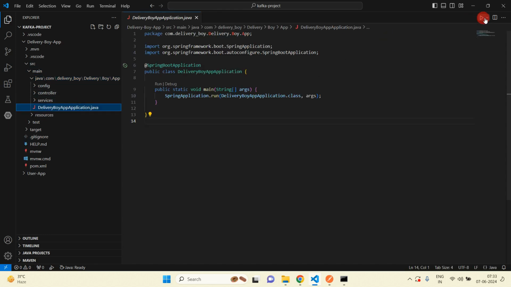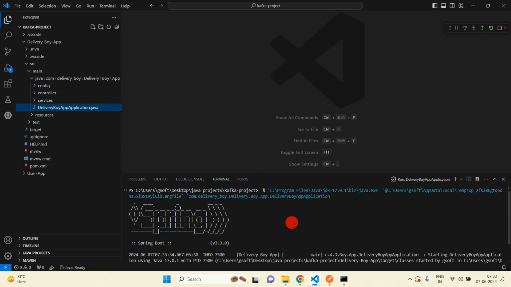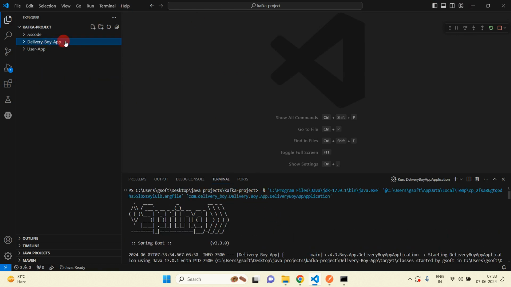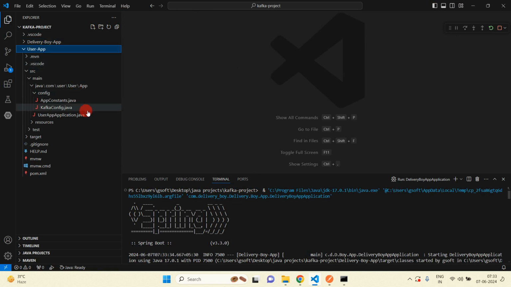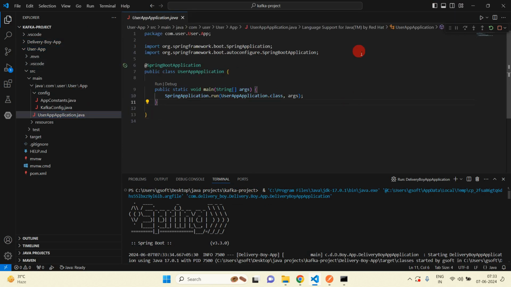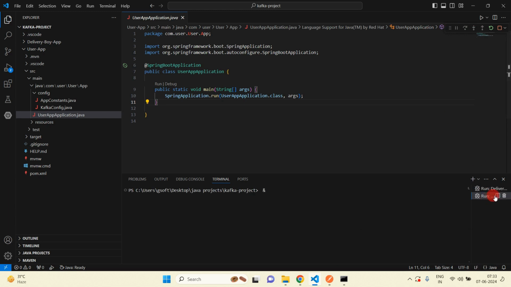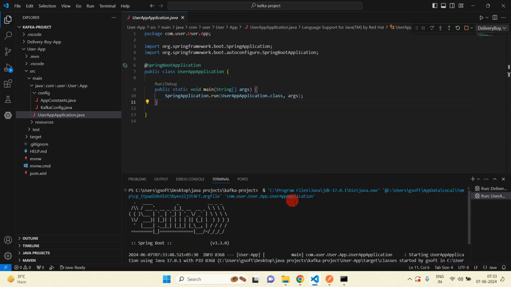Firstly I am going to run both applications. So this is the delivery boy application, and now you can see it is running. Similarly I am going to run this user application, and this is the VS Code editor. So here you can see the user application is also running, and the delivery boy application is also running.